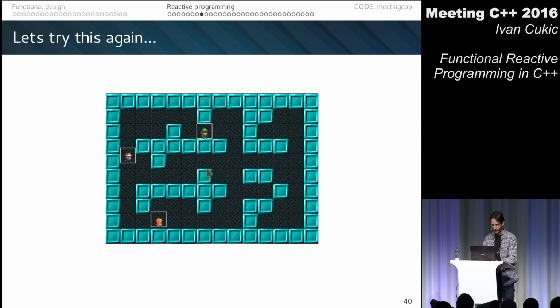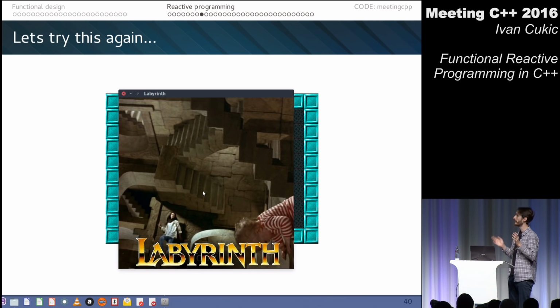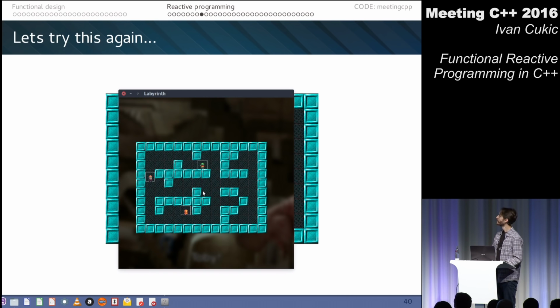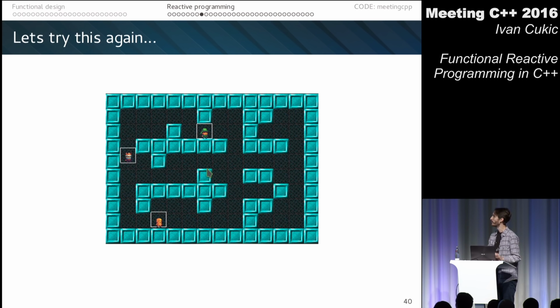Since this is called functional reactive programming, and it's FRP, which is fantasy role-playing, we're going to have just a small example of a reactive, completely pure program that is kind of a dungeon. So we have a couple of items that are moving, and I lost. No problem. The game is really stupid, but it's something that screams object-oriented, because you